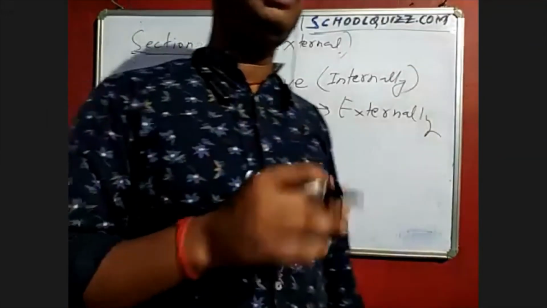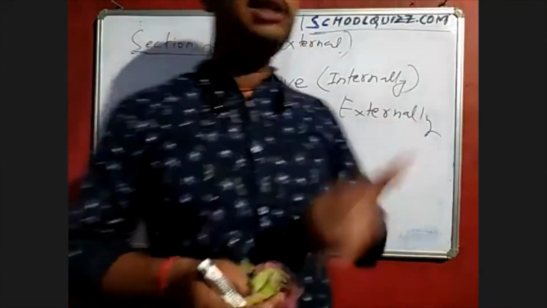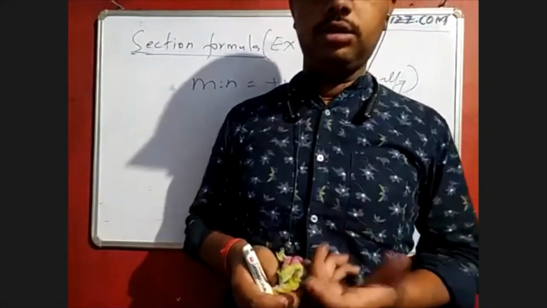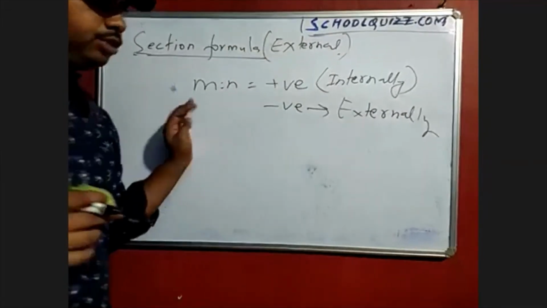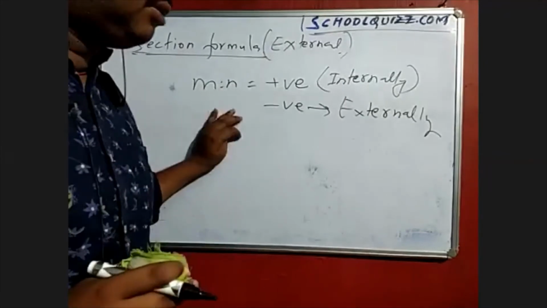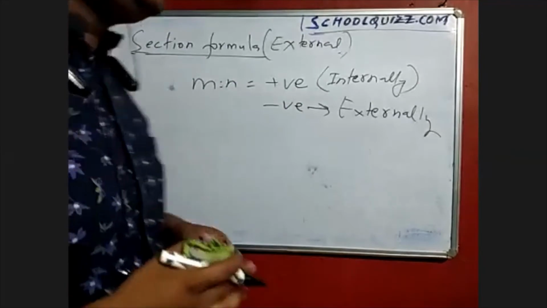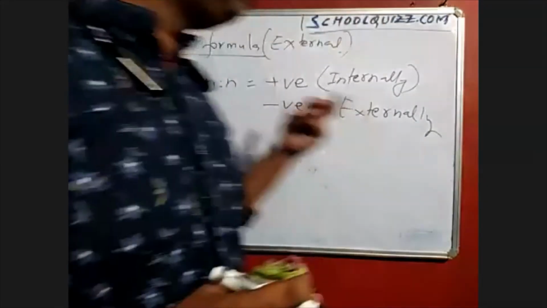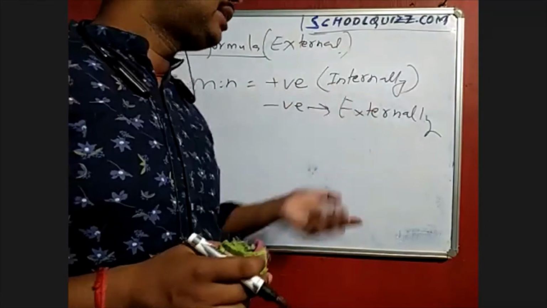If P is dividing the AB line, or if they gave the point P which is dividing and they miss out the other coordinate, you can go with the same method and find the value of the other also. This is the one method you can go with, and you can clear your NCERT topics, whatever they mention in the form of your m is to n ratios, or externally or internally.